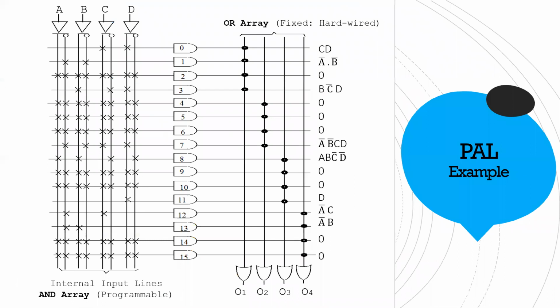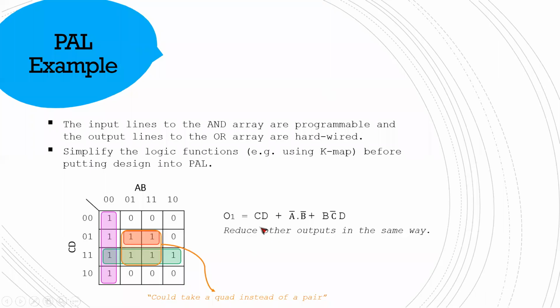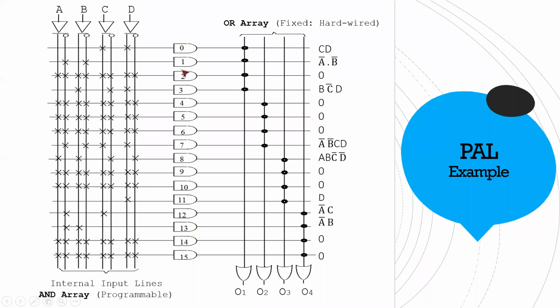Okay, here you have one circuit. In this circuit, the first expression was CD plus A bar B bar plus B C bar D. This one, CD plus A bar B bar plus B C bar D. Let's make it. At first, let's make CD. Then we will make A bar B bar. Then we will make B C bar D. That will be our O1. Now here, CD means only C and D will be connected. Others, they are disconnected. See, no cross.